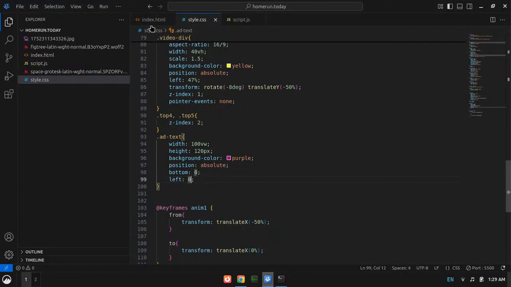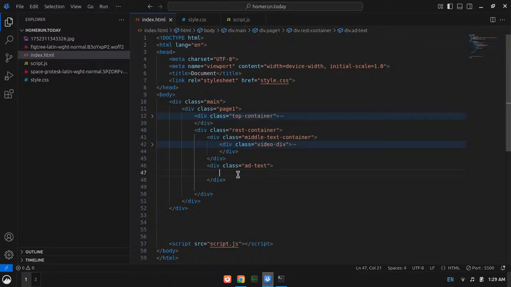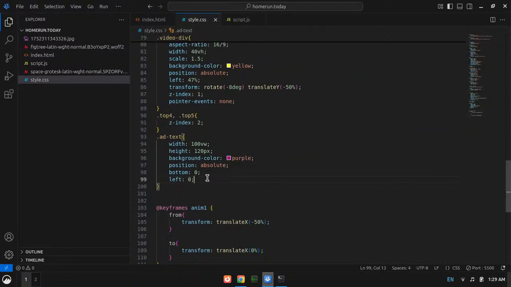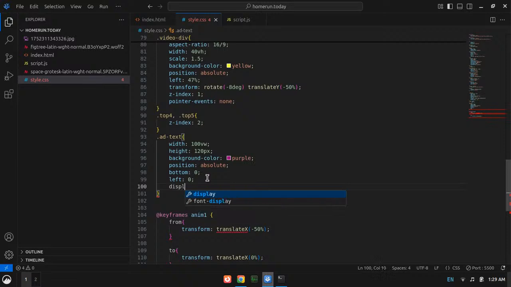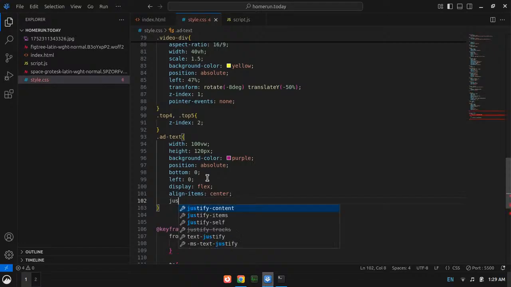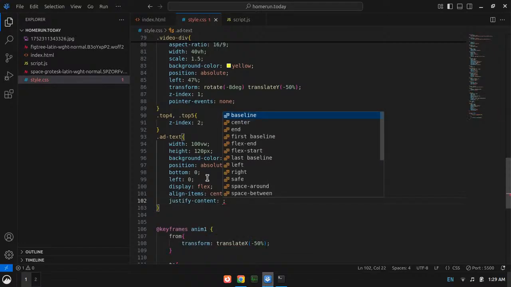Because I did the thing wrong, and I didn't have the structure for this. And now I will give two each ones, one let's say keep, another one let's say 30. Okay, right? And now I need here display flex, align items center, justify content center or space between.